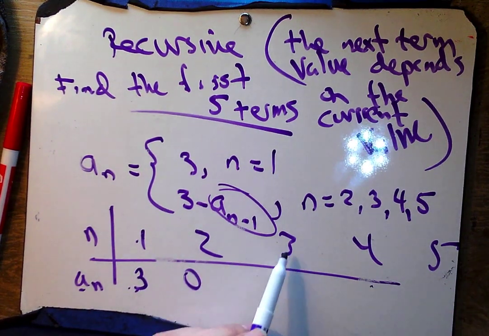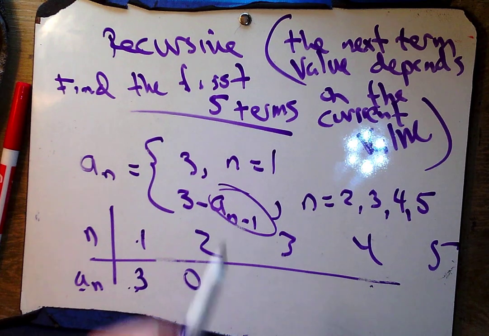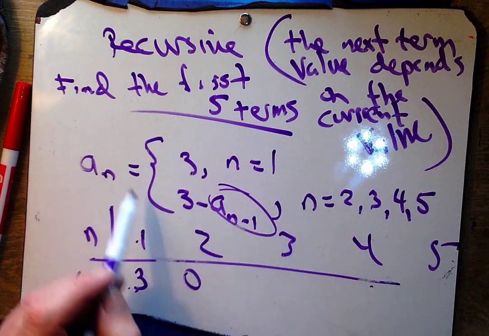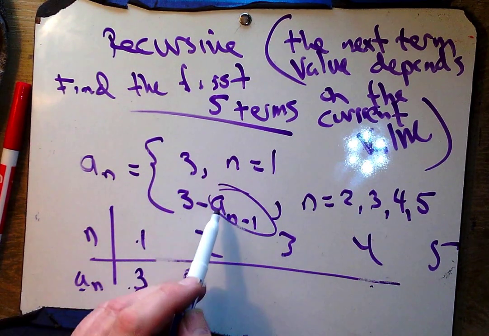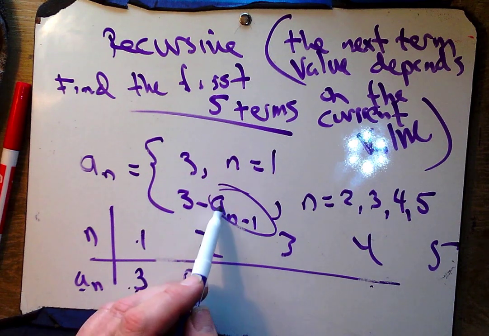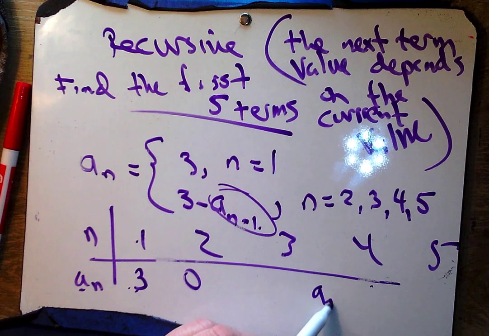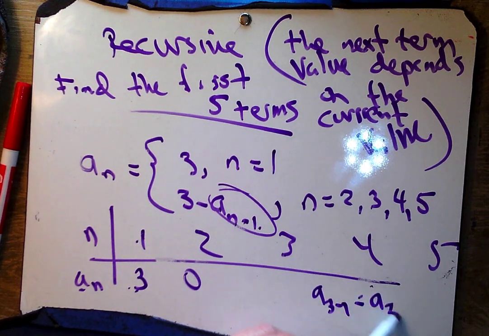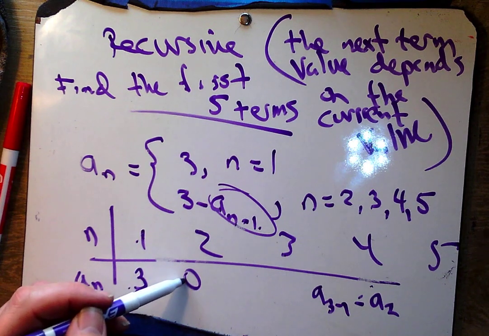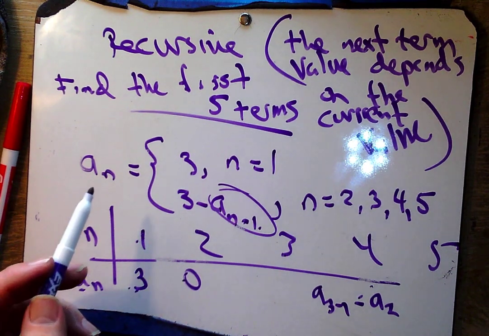Okay. What about plugging in a 3? Okay, so for 3, I'm using this piece. And here, I'm going to have a sub 3 minus 1. Well, a sub 3 minus 1 is a sub 2. And a sub 2, that value was 0. So I'm going to have